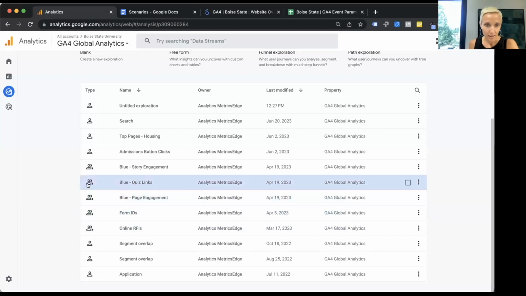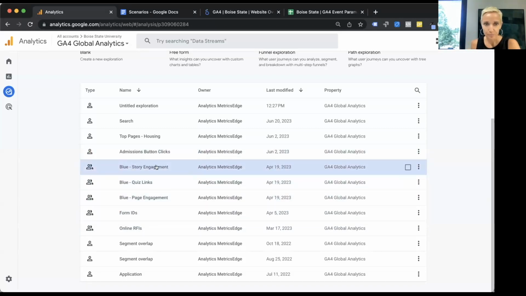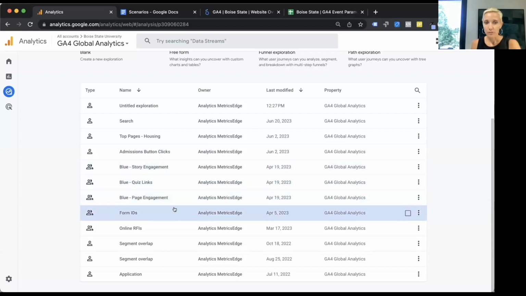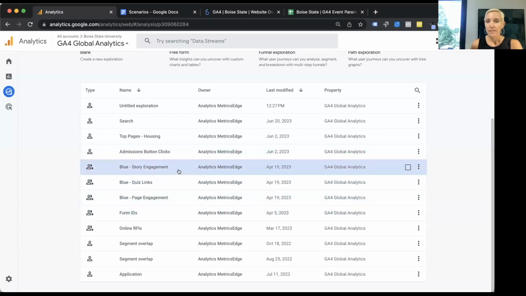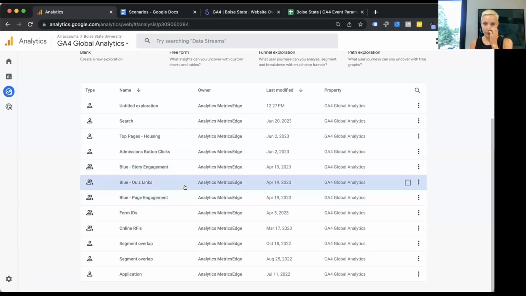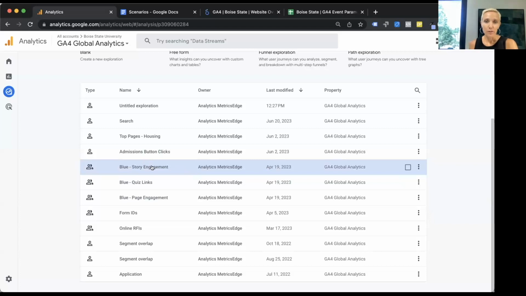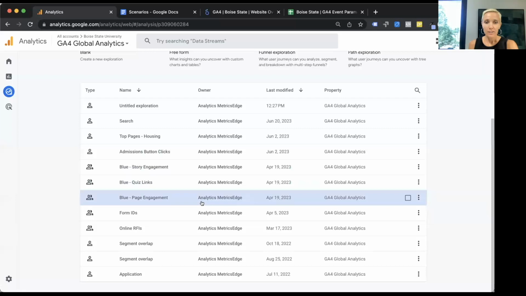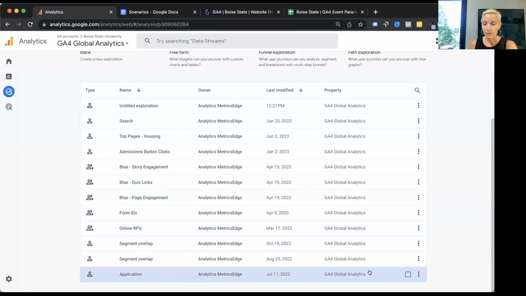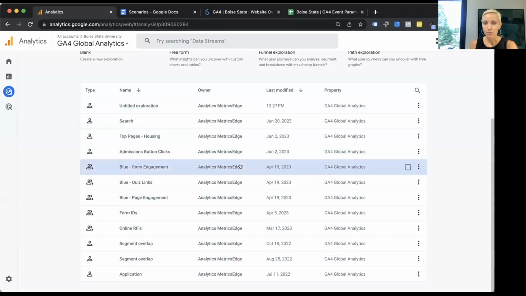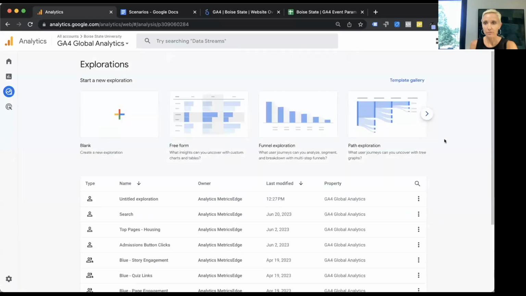So if you can see this icon that has like 2 people instead of 1, these are reports that I built for the OCM team to measure their brand campaign. And so I shared it with them so they can access that report. The one thing about sharing the report, though, is that the people that have the ability to access it cannot edit it, but they can make a copy of it and then create their own report from that. So again, these are reports that I've created that I thought were valuable enough to save. But if you're starting from scratch, just hit this plus button right here.